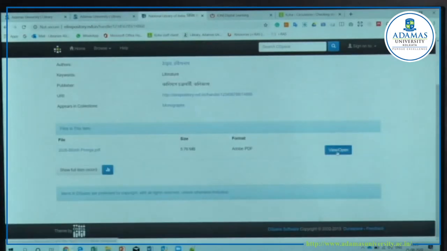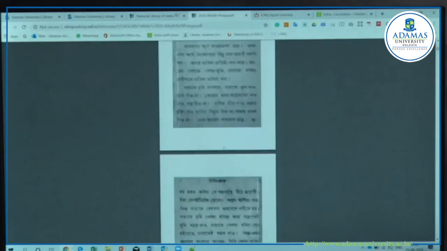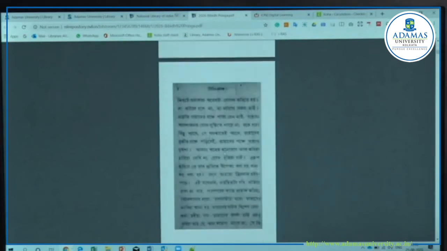You just click and view open. You see, this is a 1805 publication. Okay, these are so old, rare books. You can read them from your home.